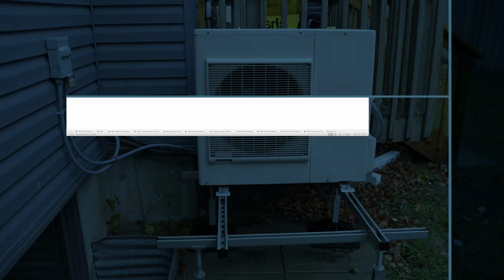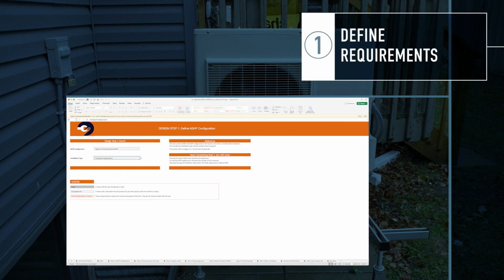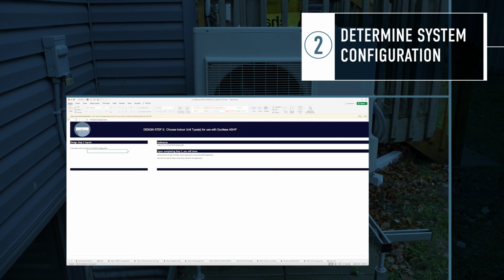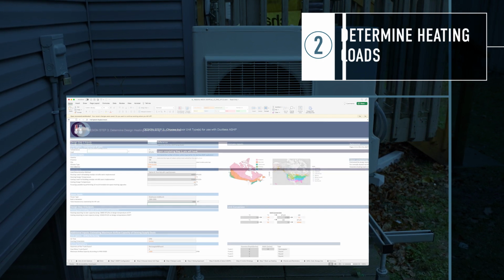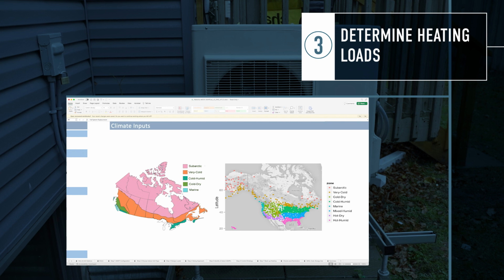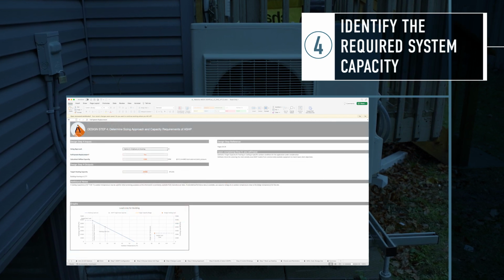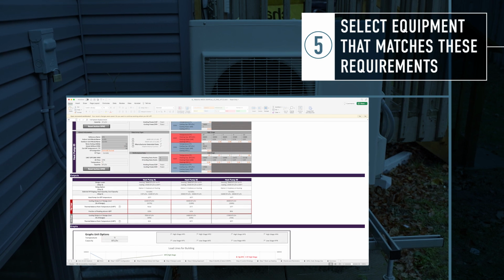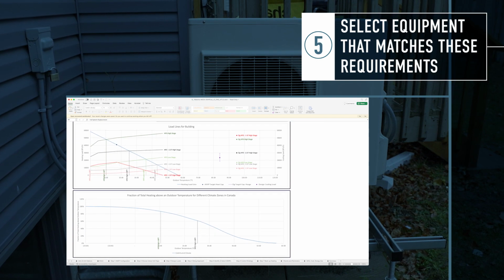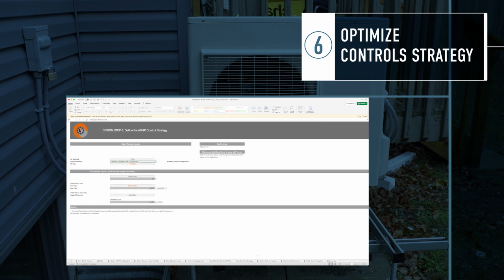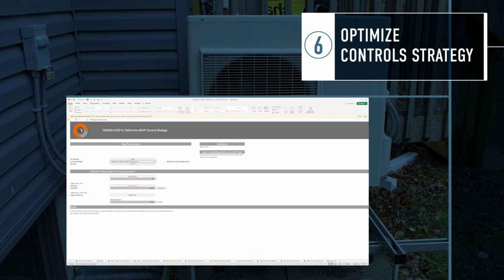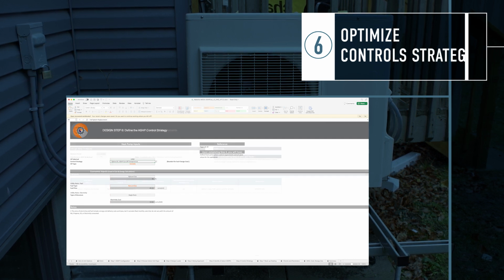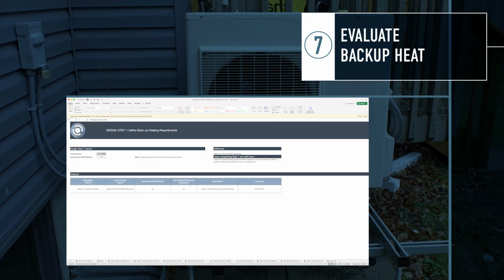The air source heat pump tool has several high-level steps. It requires you to define the key air source heat pump requirements, the air source heat pump configuration, choose mini-split indoor unit types, define the heating and cooling loads, the geographical location for the project, and determine the air source heat pump target capacity size. Next, you can identify candidate equipment to match the requirements and shortlist choices. Then you can select the overall system control strategy to optimize costs, greenhouse gas emissions, and energy savings for the systems. And finally, you can also evaluate backup heating requirements.